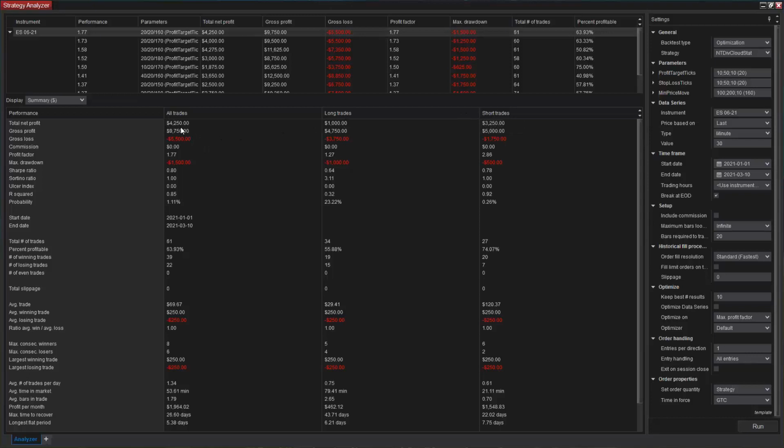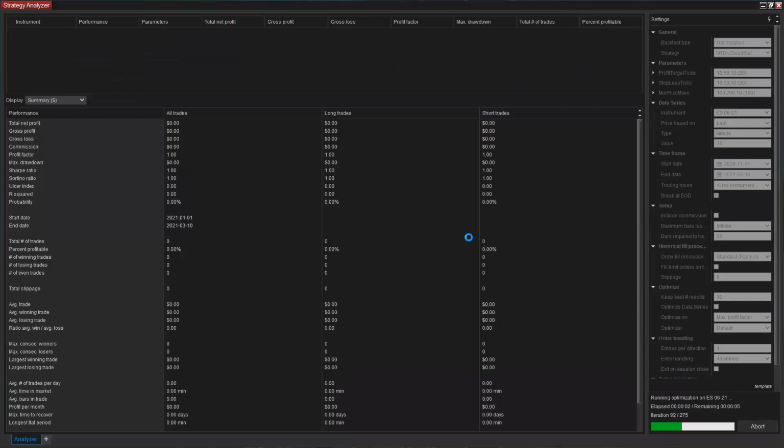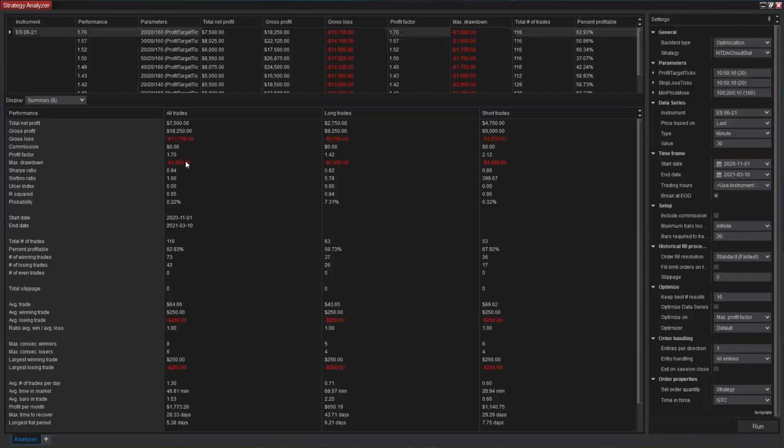You may say, oh my God, this is less money than on the chart, hypothetical money, of course. Well, this is because our test period is much shorter than my chart. So if I, for example, increase this, I will do this very quick, from November 2020 up until today and run it, you can observe that these statistics will change simply because more trades are taken. You can see here now our hypothetical performance has changed, but again for the same settings, 2020 and the min price move of 160.